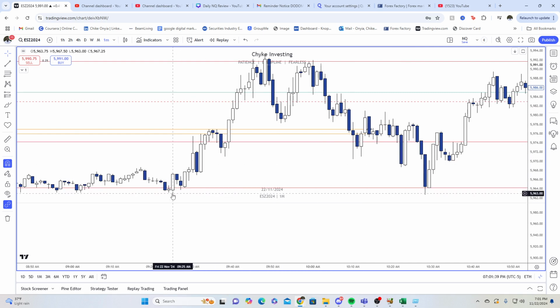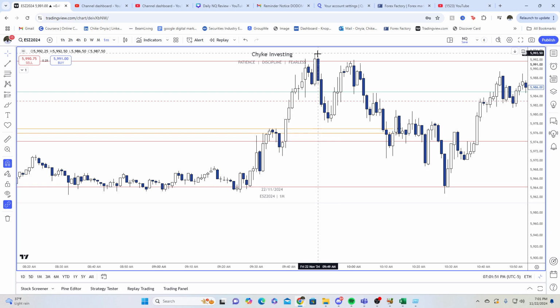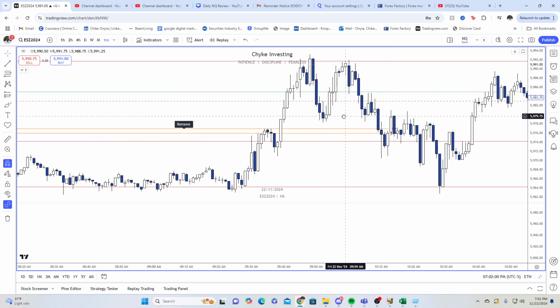So you can see how at least we take out this low right here, and this pair of equal lows right here get taken out by this candle. So I was ultimately right. These equal lows did get taken out. We just had a deeper retracement than I would have liked. So a learning lesson for me is to be more flexible on where I place my stop loss, because look, we didn't even break this high right here, the high of this candle. So I could have even set my stop loss right there as well.